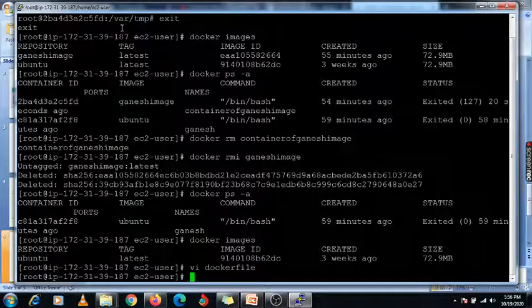So this is the normal Dockerfile, I am just creating it to show how to create the image using this Dockerfile. Okay, now this Dockerfile is created. Now I need to use this command: docker build -t, and you need to specify the image name.